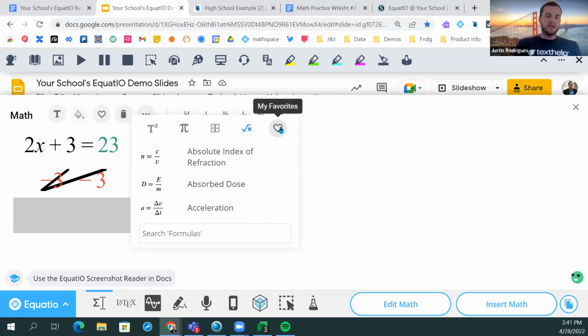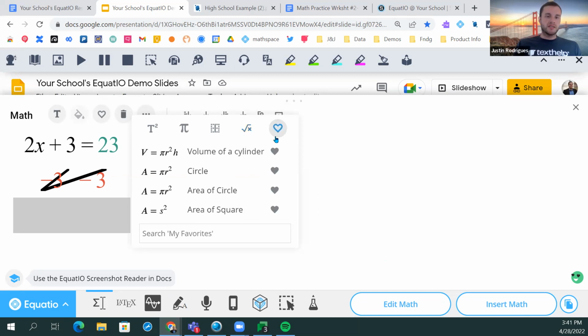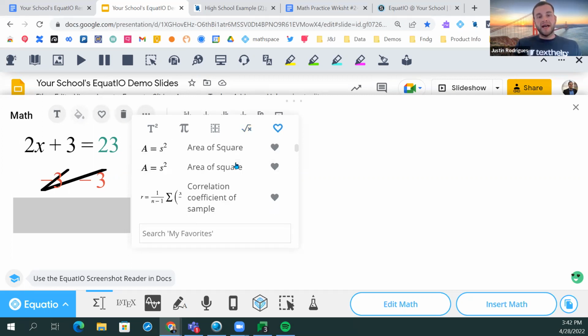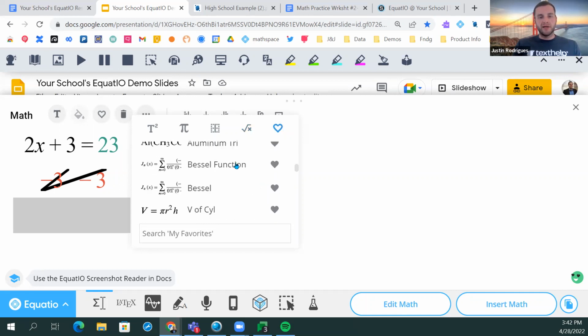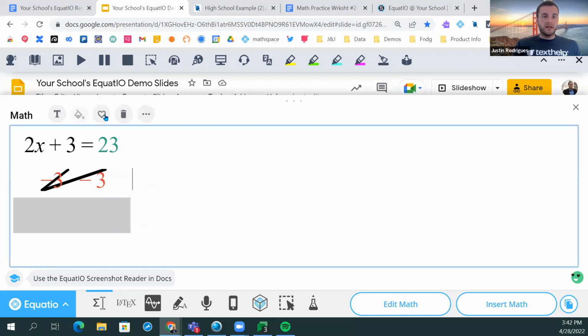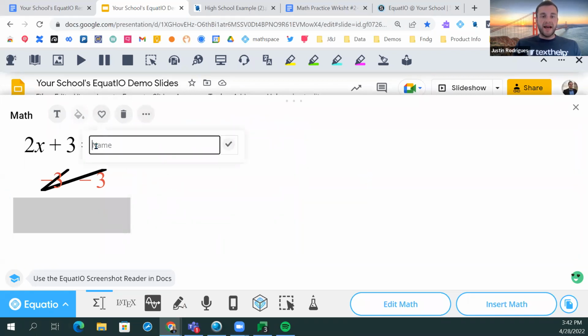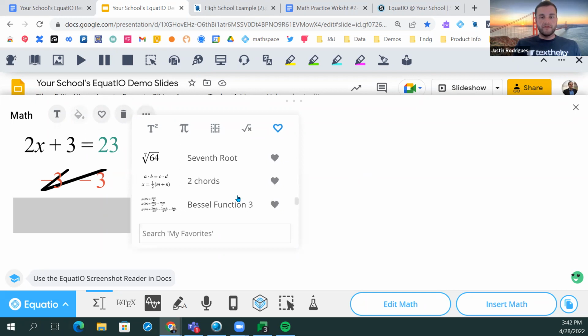And then last but not least, you can also favorite certain sequences or formulas. This will allow you to automate the process of bringing one Equatio equation from one environment into any environment seamlessly. Once a sequence and or equation is favorited, you can open up Equatio and you'll be able to access that sequence right here in the favorites button. How you would do that is real simple. You just click on the heart button here, add a label, and that will automatically be saved to your favorites portion here